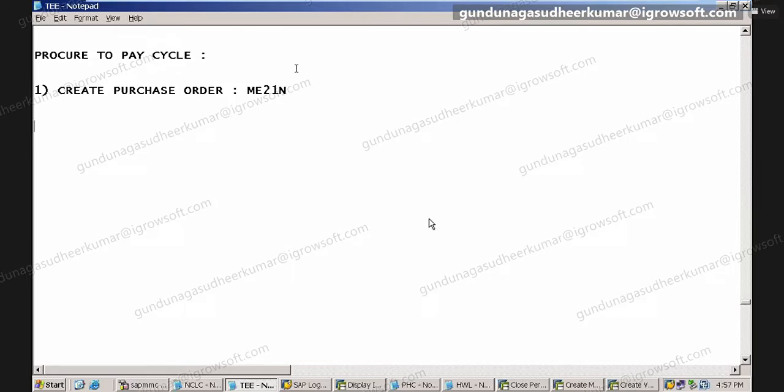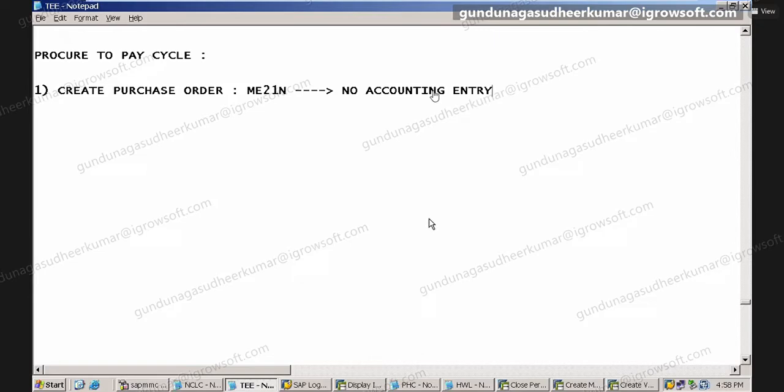So for a purchase order, we have to remember that there is no accounting entry. Can you tell me why there is no accounting entry here? Because there is no transaction. Yes, this is just an order. We have not yet received anything. We are not paying anything. Just an order, na? Correct. No accounting entry for the purchase order.